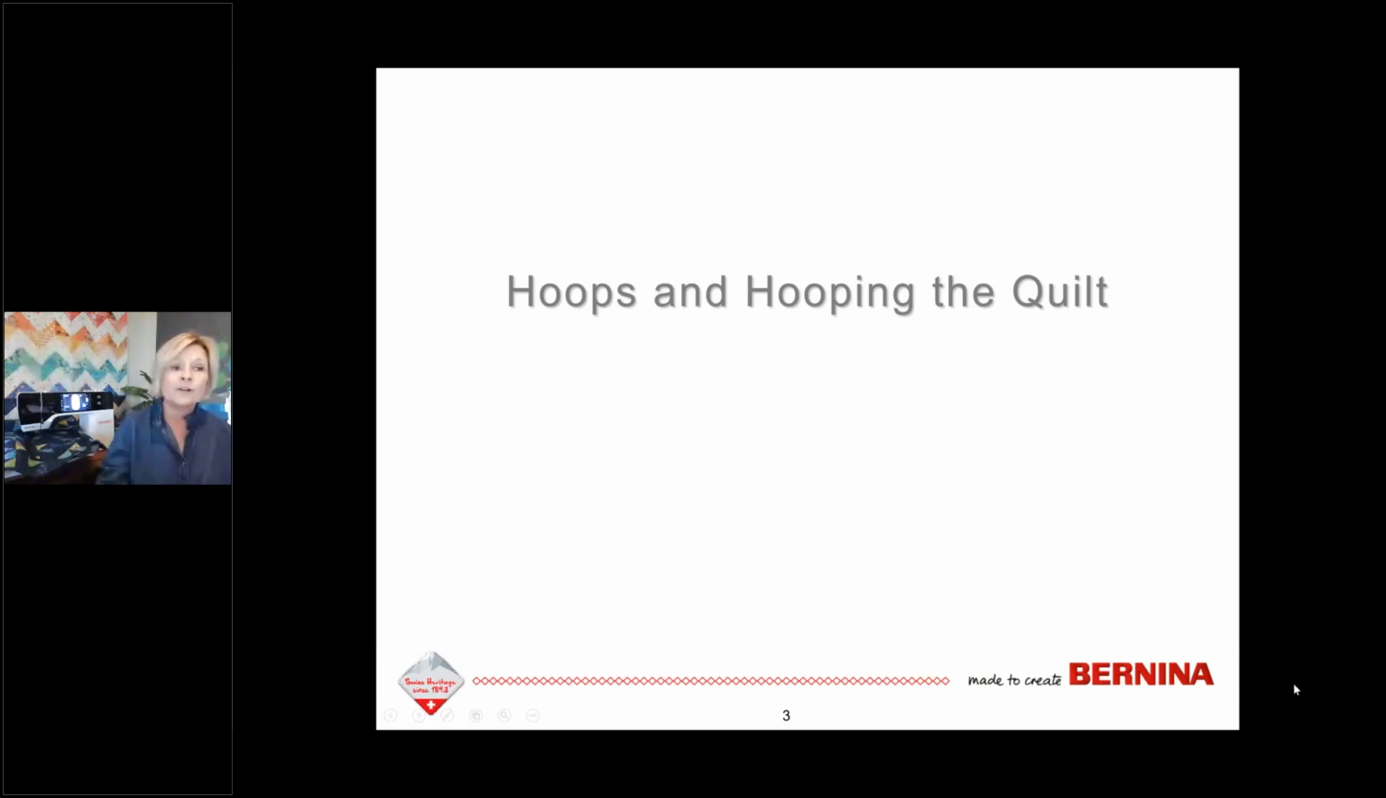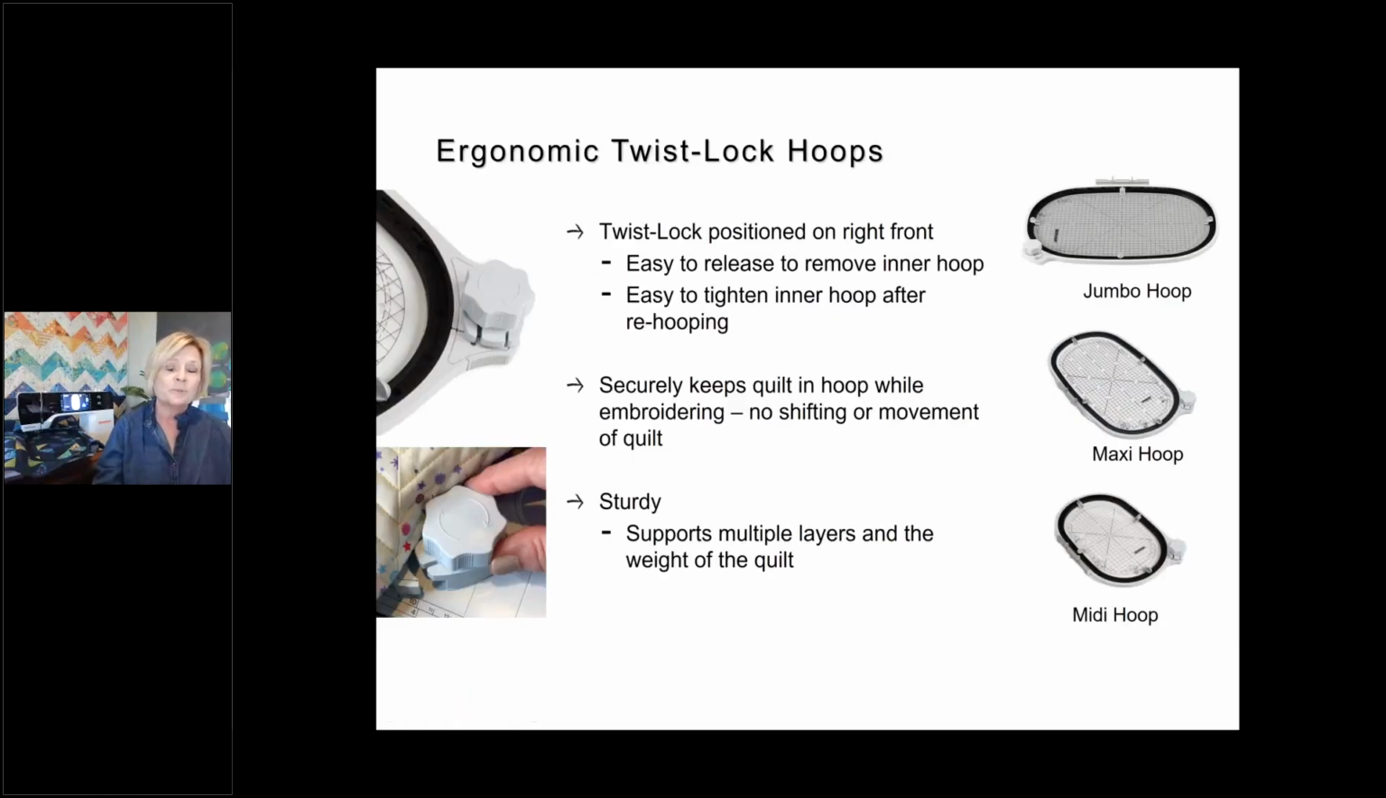So first of all, for hooping quilts, when I'm doing the computerized quilting, my ultimate favorite hoop is our hoops with the twist locks on them. And I'm going to turn on my laser pointer here so you can see. And what I mean by twist lock hoops is we do have 3 embroidery hoops that have this twist lock right here. And this is on the outer hoop of the hoop. And it is located in the front on the right side of the hoop, which makes it very convenient for computerized quilting when we need to open up the hoop to remove the inner hoop in order to move the